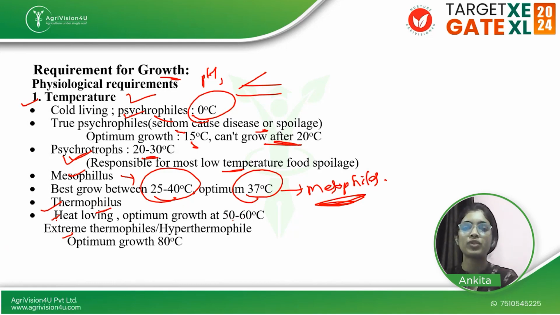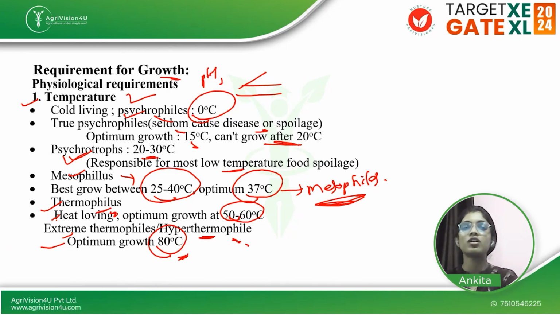Up to what temperature? Up to 50 to 60 degrees Celsius, these thermophiles can survive. Okay, they are heat loving. And extreme thermophiles or hyperthermophiles, their optimum growth temperature is 80 degrees Celsius. So what you can observe over here is hyperthermophiles can survive under very high temperature, that is 80